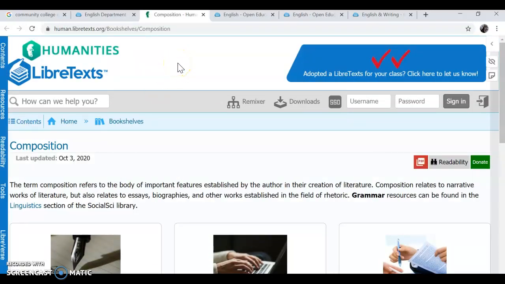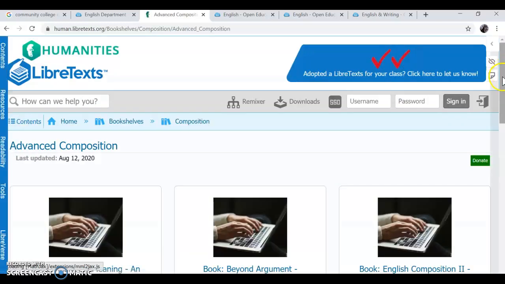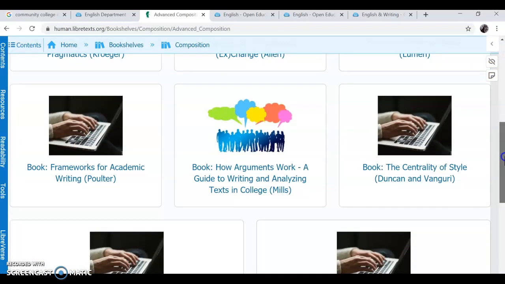because I found this site interesting, this repository called LibreText, because what it does is it looks like it has authors upload their content in a very specific and uniform format. So I'm going to go to advanced composition because that's the class I'm looking for materials on. And there are a bunch of books, but you can see that the books all take the same